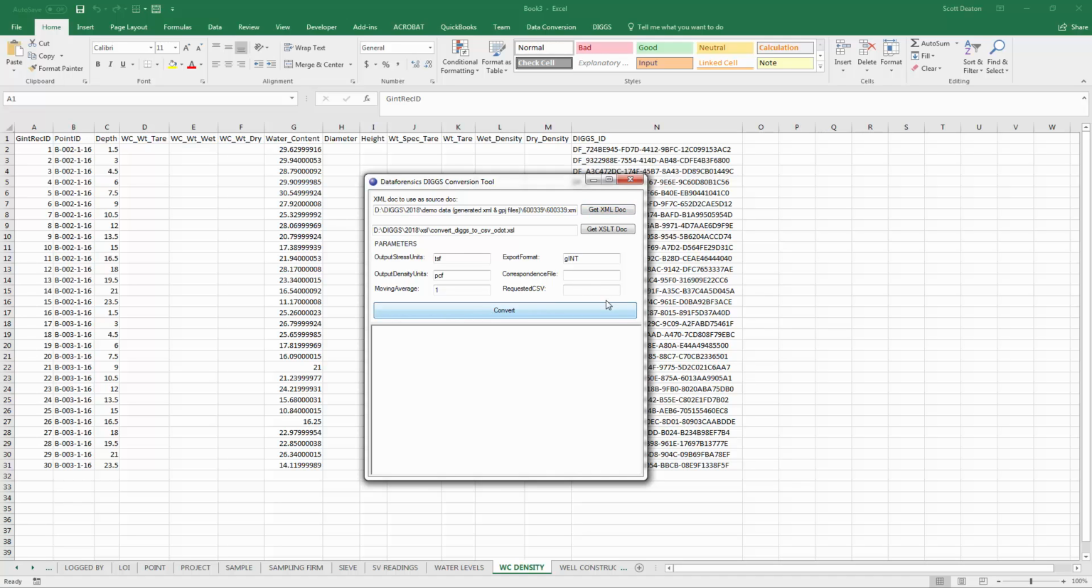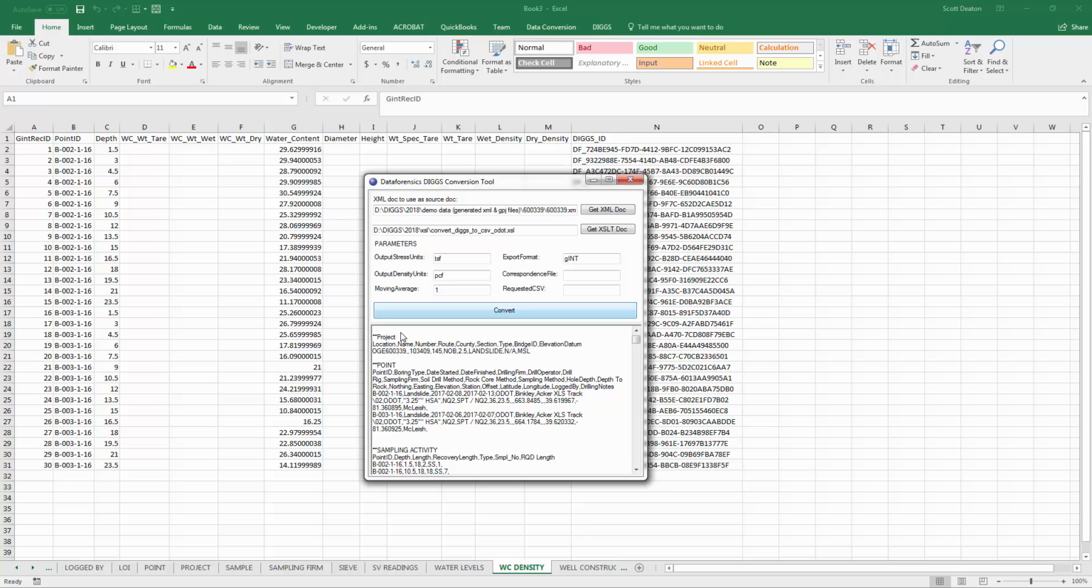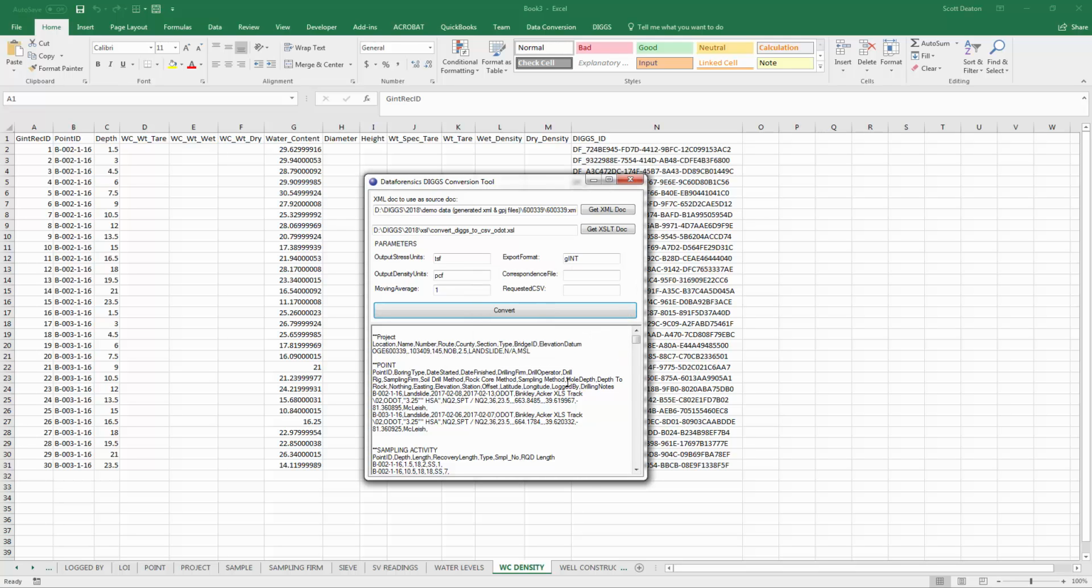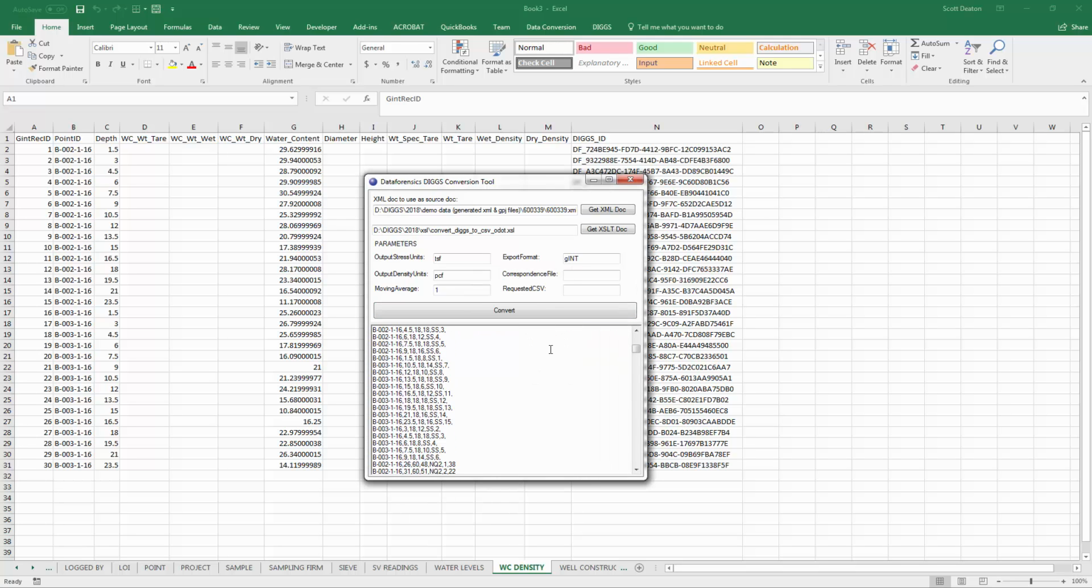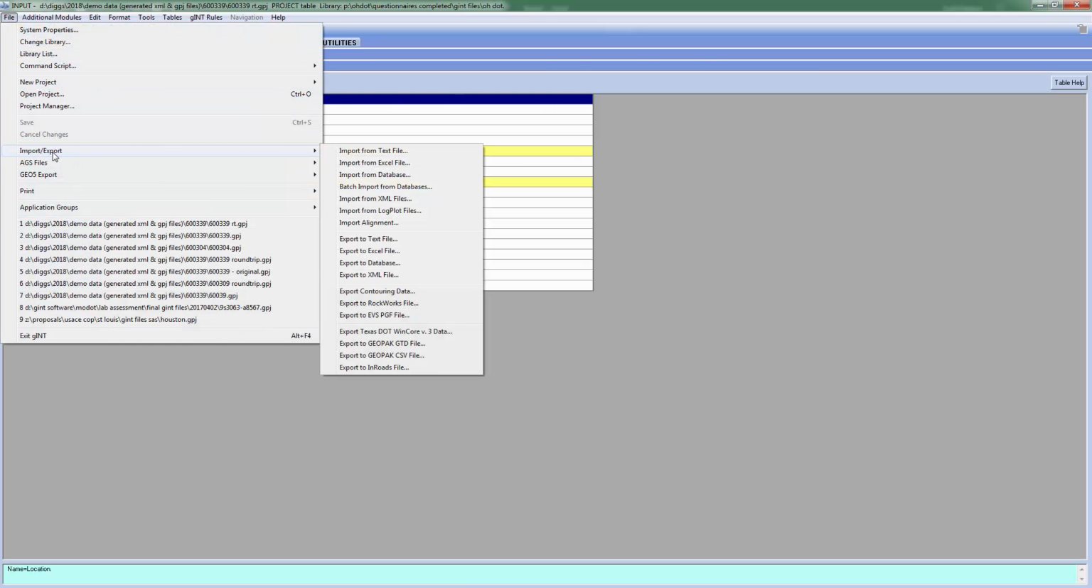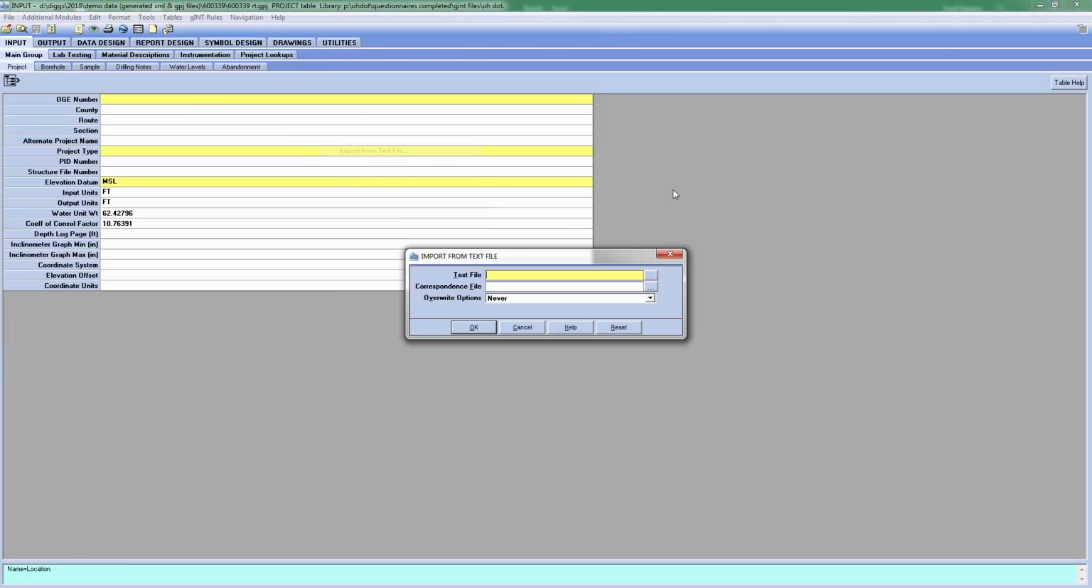So we're now converting that, and you can actually see what the format is that is being provided here, just as an example. It has finished the process, and it has saved a CSV file that is gINT compatible. Since gINT does not support DIGGS, that's why we use CSV. So if we import this text file,